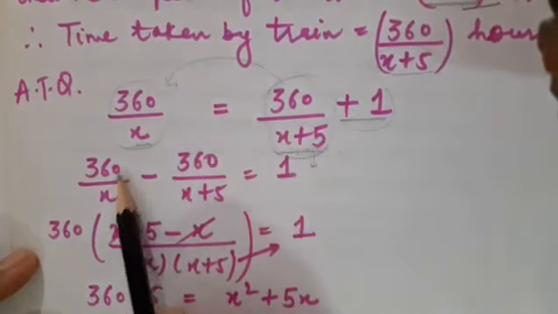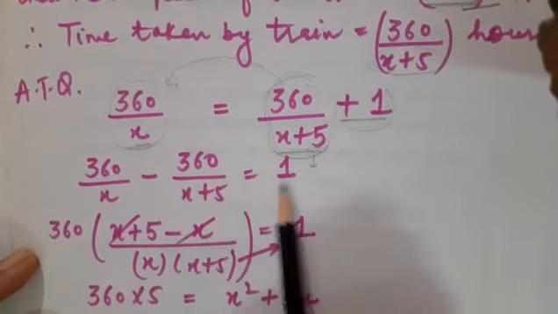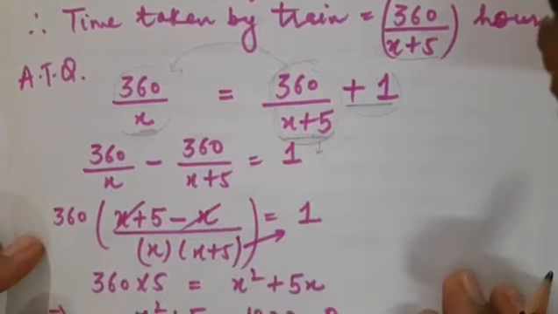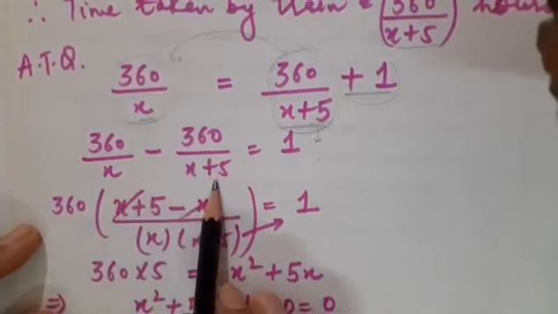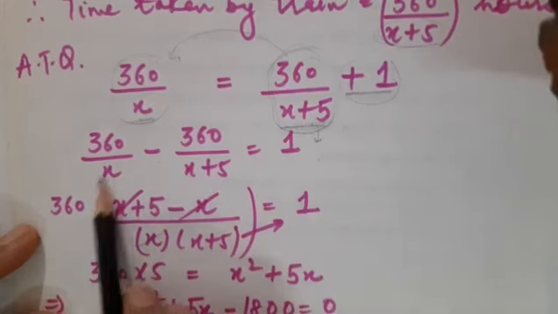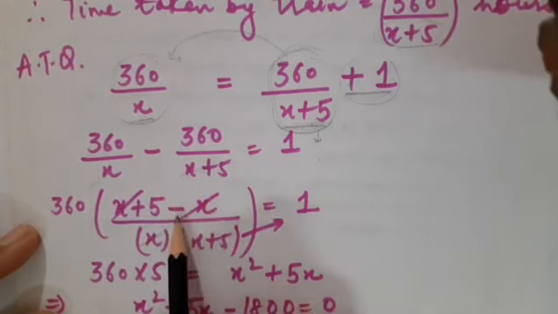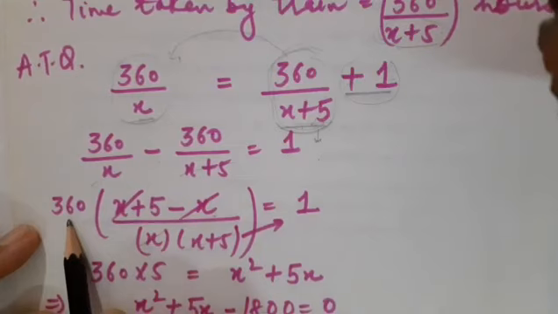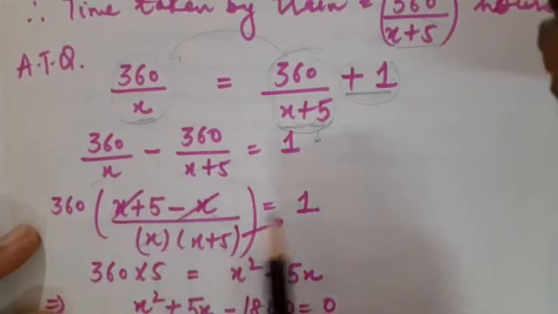Correct? Okay. Now I have brought 360 upon x plus 5 to the left hand side. So children, I have got 360 upon x minus 360 upon x plus 5 is equal to 1. Taking 360 as common, I am going to take the LCM of the left expression, that is x into x plus 5. X and x are going to be cancelled. So here I have got x plus 5 with minus sign. Now they are going to be cancelled. I have got x only. 360 is outside. Fine. Plus x and minus x are going to be cancelled.